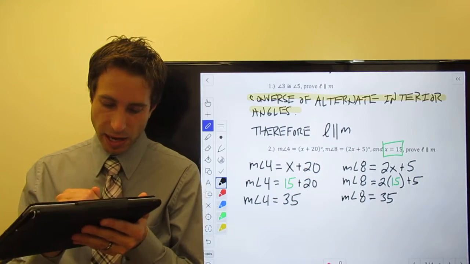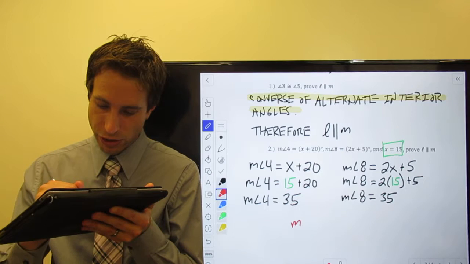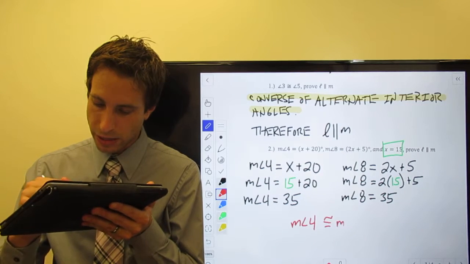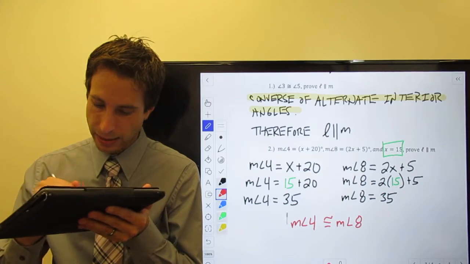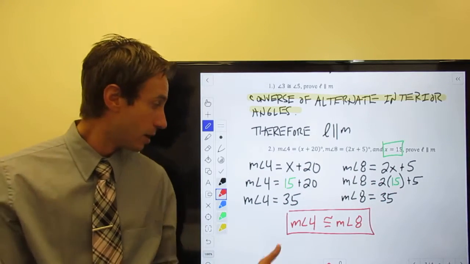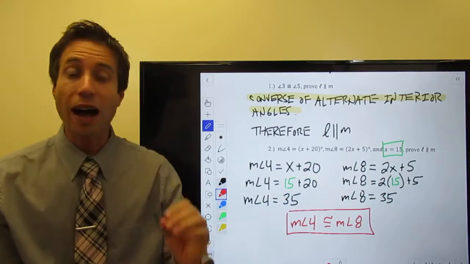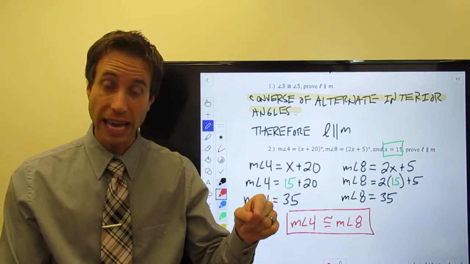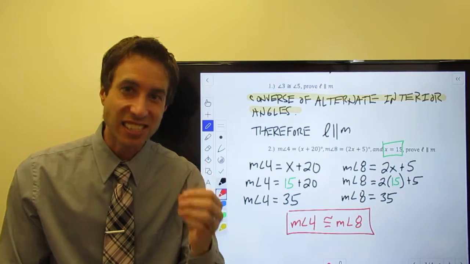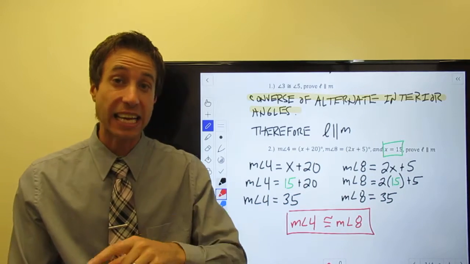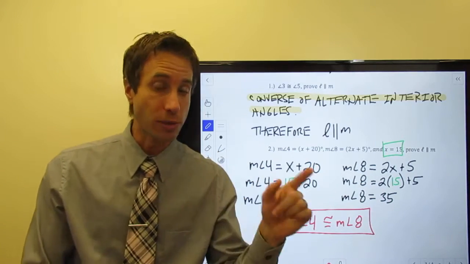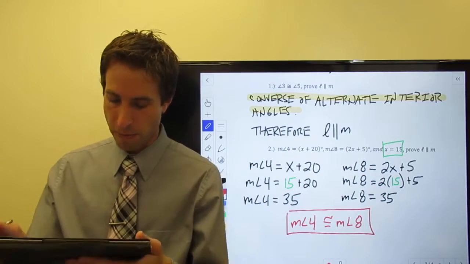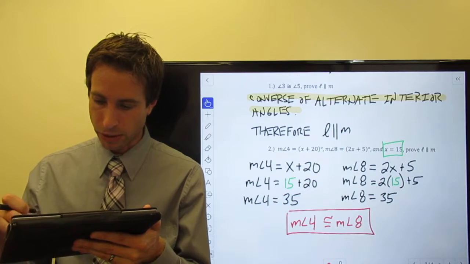Here's what I've just done. I have just proven the measure of angle 4 is congruent to the measure of angle 8. There, right? 35, 35. I've just proven angle 4 and angle 8 are congruent. And since they're corresponding angles, I can use the converse of corresponding angles theorem to prove that my lines are parallel. So I'm going to use the